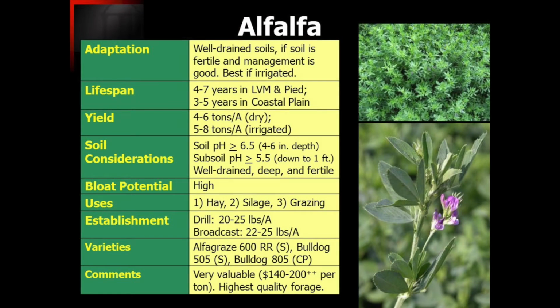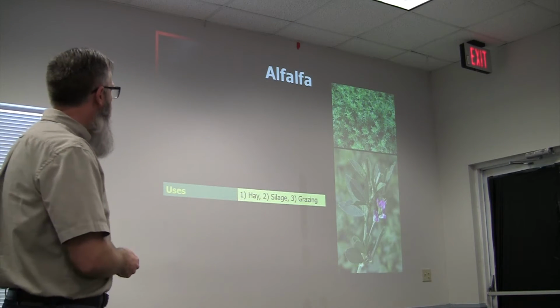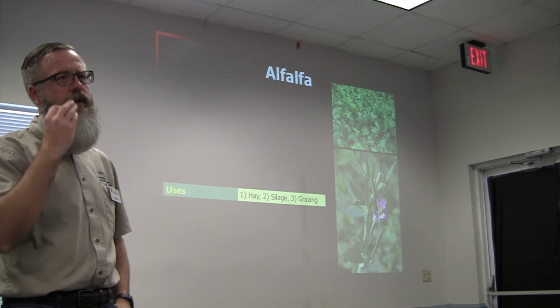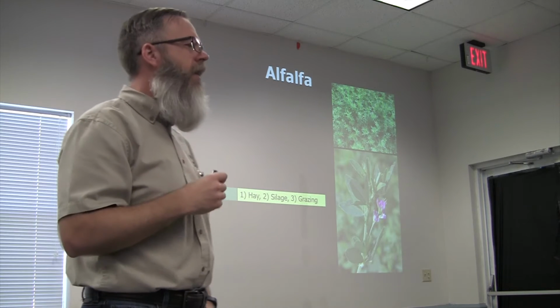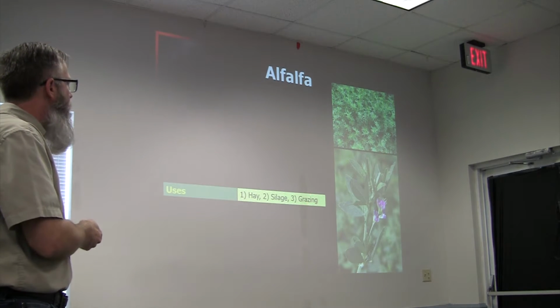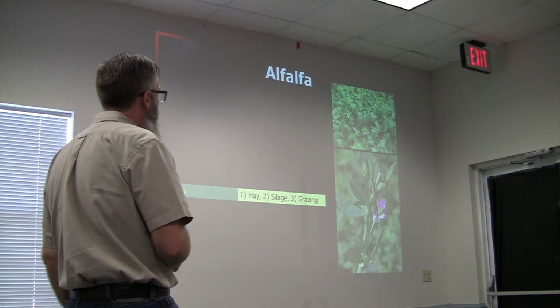Our primary use is for hay. Most of our growers are growing this for commercial hay or for their own operations. Some of them are making baleage off of it. Some in our dairies are cutting it for silage as well. But then we also have a fair number of folks, in fact, on Thursday, our visit to the farm in Irwin County, he's exclusively using it for grazing. Maybe taking a little bit of baleage off of it, but most everything in his case is going to be